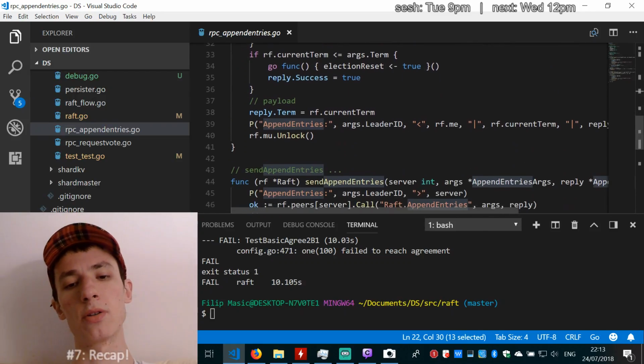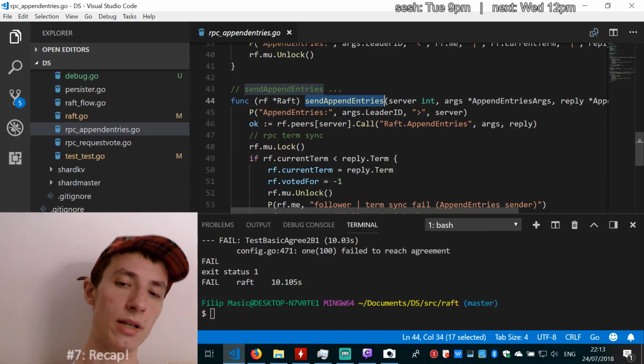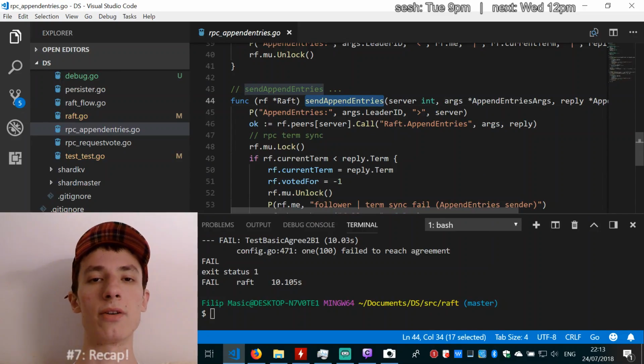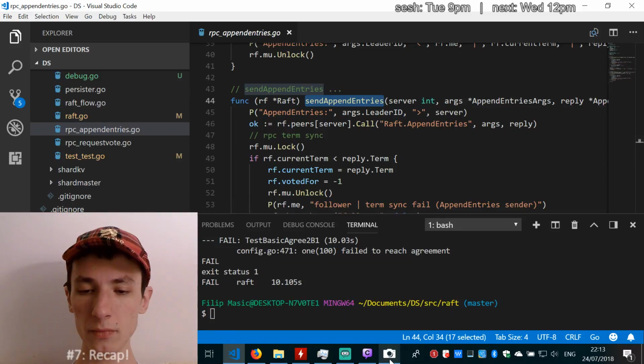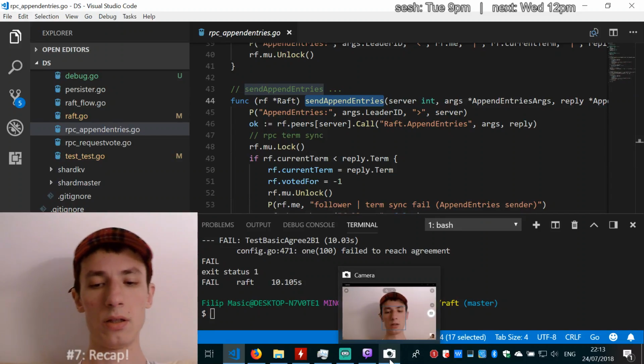Right, so the flow of the program is basically, in the beginning there is no RPC, and then